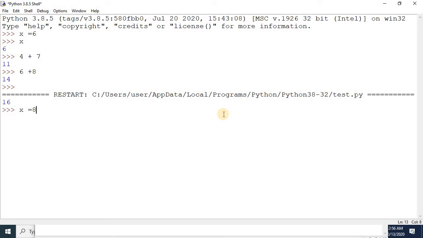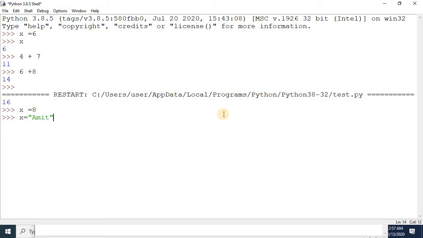Literals. Literals are constants. That can be your numeric constant, that can be your string. So it can be numeric, it can be non-numeric, like x equals 8. 8 is numeric. If you write x equals Amit, this is a non-numeric literal, that is a string literal. Next is operator.